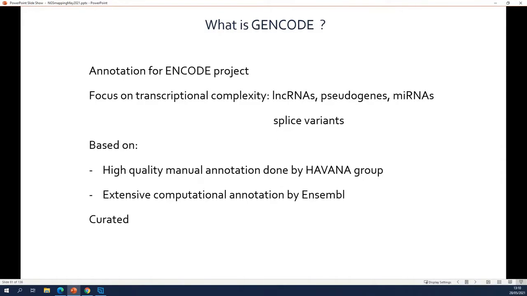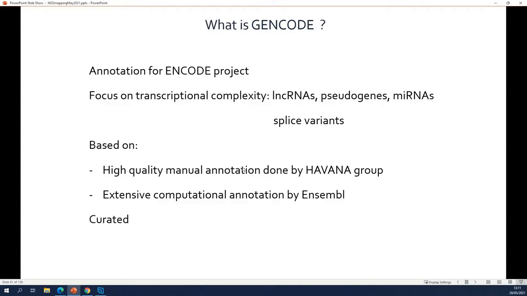So what are they doing? They are adding these annotations to the human genome and to the mouse genome. Where do they get the annotations of all these things? Well, basically they get them from Ensembl. Ensembl has what is called an annotation pipeline. So it's a sequence of tools that all will search for evidence in the sequence for the presence of exons, introns, UTRs, pseudogenes, microRNAs, whatever. So the predictions done by Ensembl are used by GENCODE, but they are checking them.